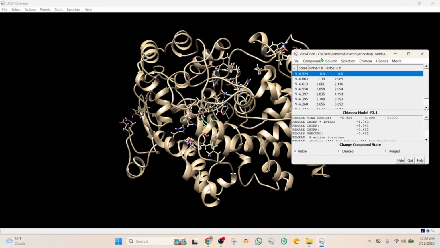So you can see the binding energy of different conformations. There are 9 different conformations that have been generated, and the binding energy has resulted to be minus 6.9 kilocalorie per mole, and so on. Okay, and here you can see the RMSD lower and upper values as well. So RMSD means root mean square deviation. So the original conformation is this one, the first one, and in comparison to the first one,